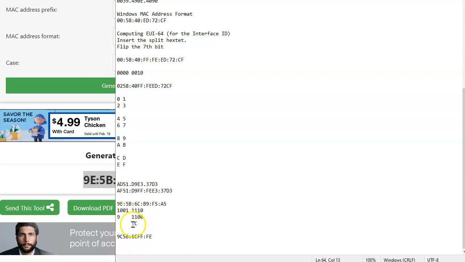But so here's my 9C, 58, 6C, FF, FE, and I've got to remember to insert that FFFE right in the middle, and then my F5, A5. This is again my EUI64 identifier, and that's the way it works.